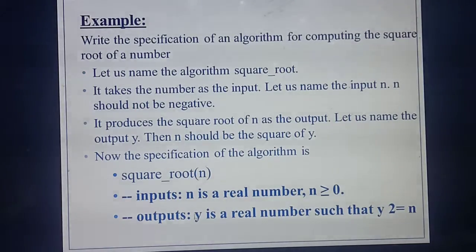So you are giving y square equal to n. Output variable is y. You are going to square the number. So what's the number? N. So y square equal to n. Understood, students, how you need to write the specification of the algorithm? Always first you need to write the name of the algorithm, followed by n. Then after that you should give the property of the input. Property of the input means it's a real number, and the number you are giving should not be a negative number. What's the third one? The relation between input and output. What's the relation? Output variable you are taking as y, so y square equal to n. Understood?